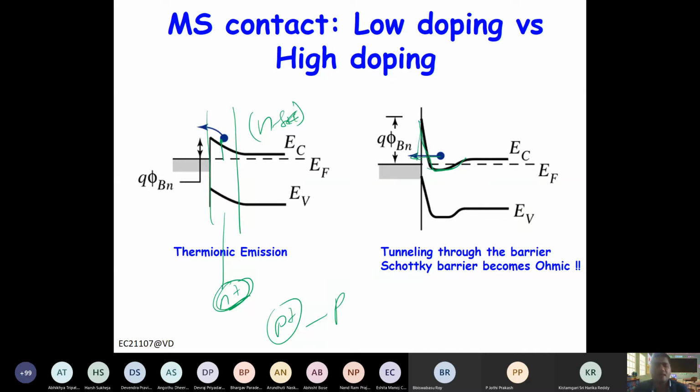Now in real metal-semiconductor junctions, there are other factors also. So it is not that straightforward. What happens? You have this piece of semiconductor. Now we are truncating it here. So that means there will be dangling bonds, right? And this dangling bond will create a state, right? So inside the bulk semiconductor there are no states here, but at the surface there are states here. These states will be filled. So there will be some kind of band bending there, right?